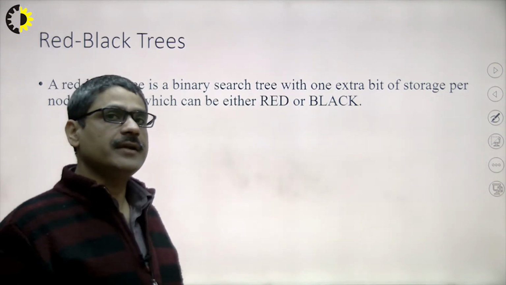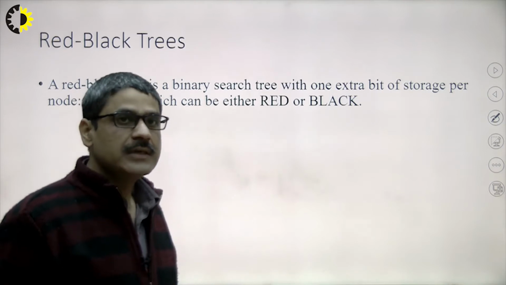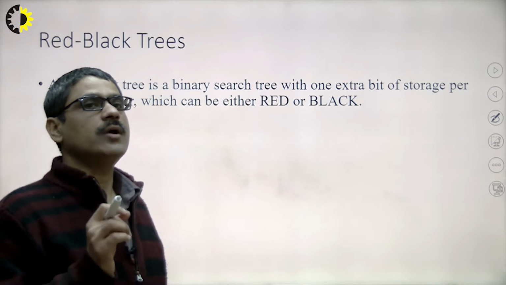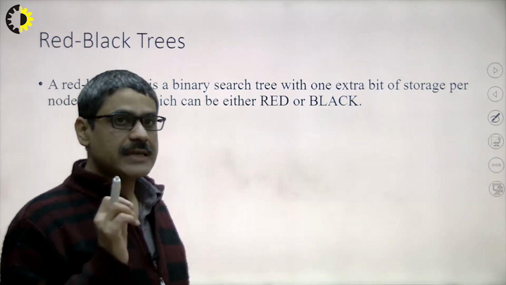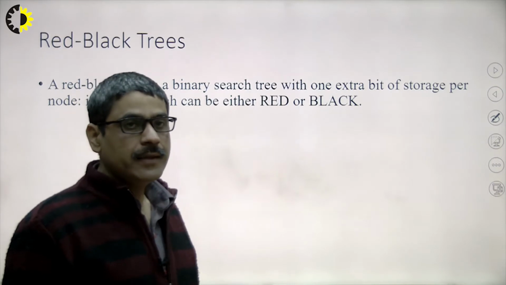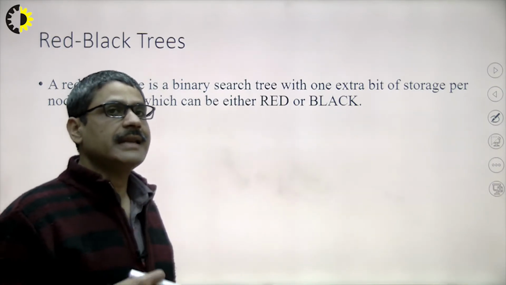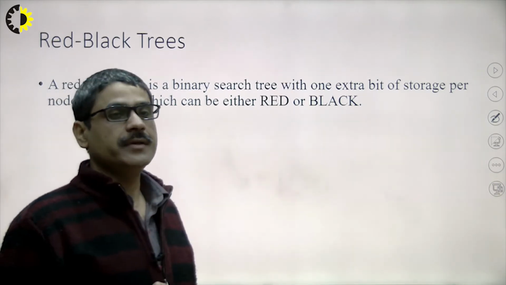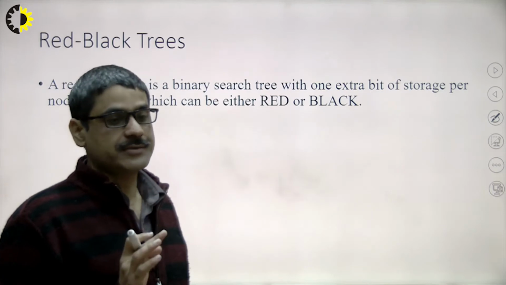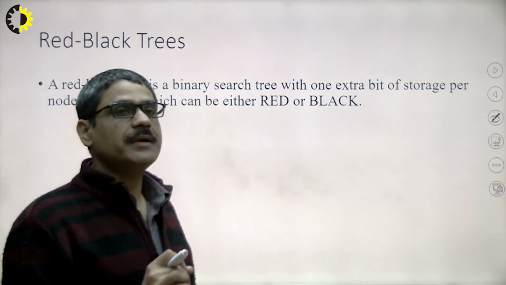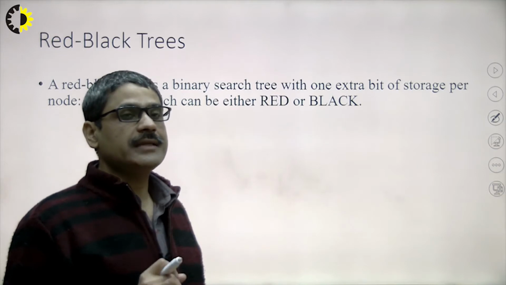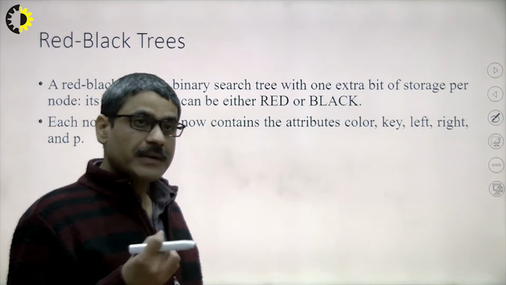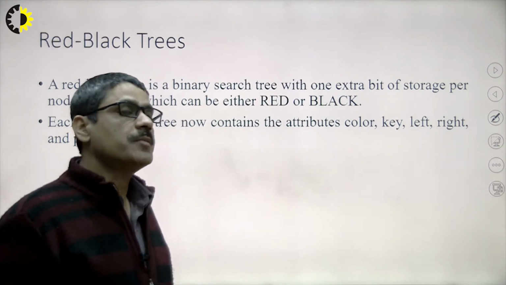If we add one extra bit of storage, that is basically one attribute, to the binary search tree, then it is called a red black tree, and that attribute is its color, which can be either red or black. If you put that color combination in a red black tree, you definitely require some specific properties. You cannot say any ordinary tree is a red black tree. You have to keep all the particular properties in that tree, then you can say that it is a red black tree. That's why the red black tree has properties, and by using those properties we can balance the red black tree.